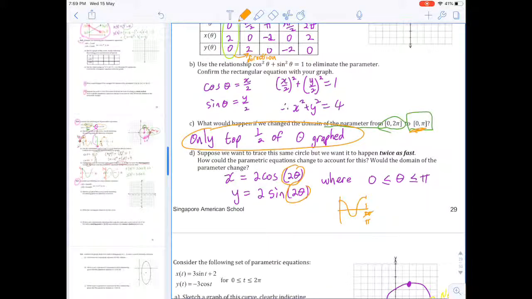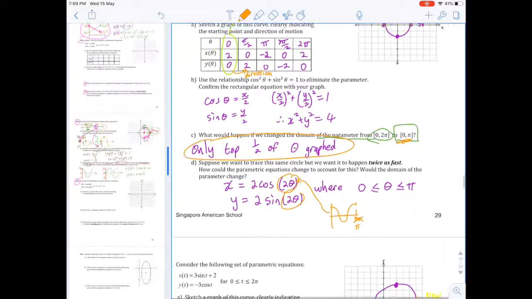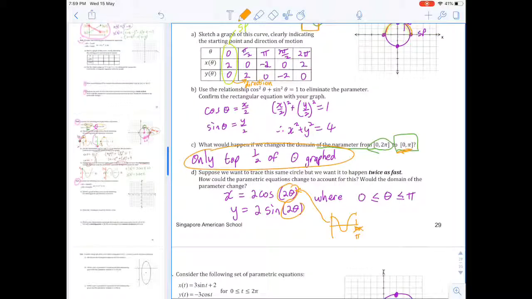If we wanted to complete the entire cycle in pi, that would allow us to graph twice as fast. And of course the way that we do that is to modify the period or increase the frequency, which of course increases the speed. If we want to trace the graph over exactly once, we also need to restrict our domain. And so had I not restricted that domain,